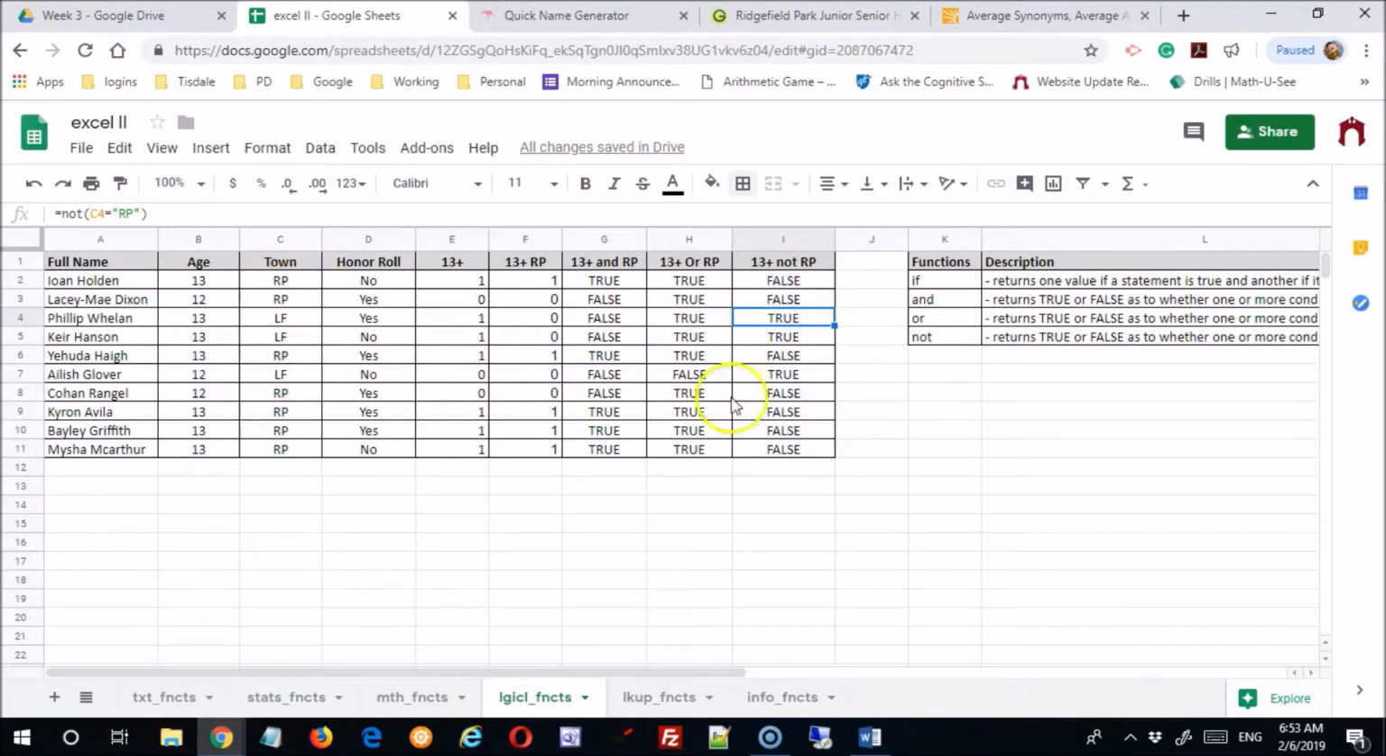Now, if you have just two criteria, it makes sense to do the AND or OR. When you have a whole bunch of different values or options, and you want to exclude all but a couple, not makes a lot of sense to do that. Okay, so you play around with those functions,